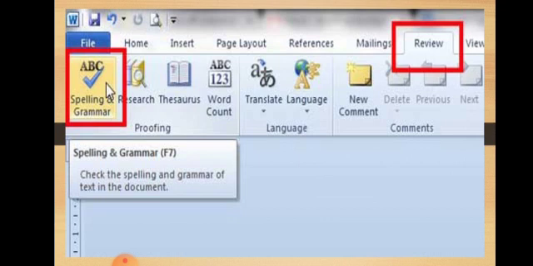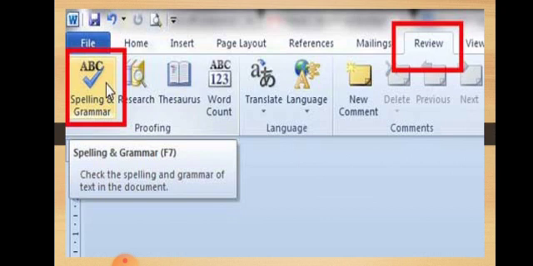If there is any mistake in spelling or grammar, the incorrect word will be displayed with a red wavy line under it, and grammatical errors will be indicated with a green wavy line. You can right click on the word with a red wavy line, then a shortcut menu will open where various suggestions will be displayed. You have to select the correct spelling from the suggestion list.